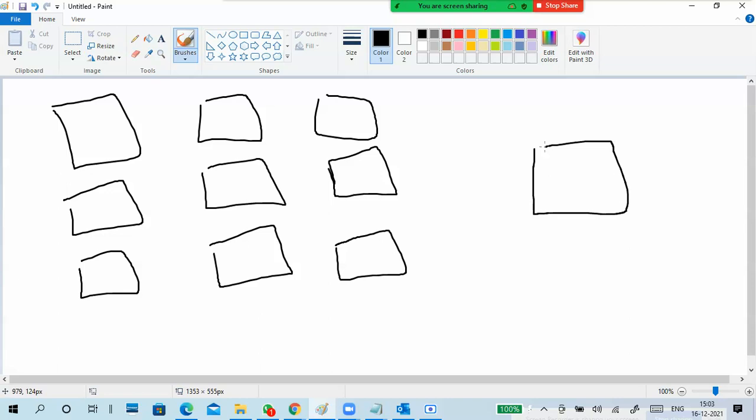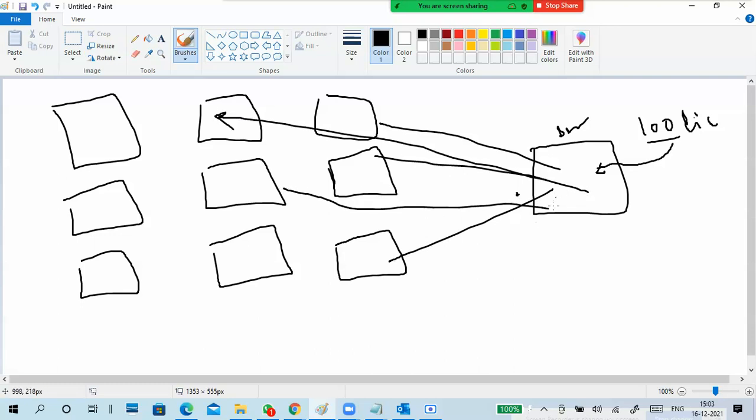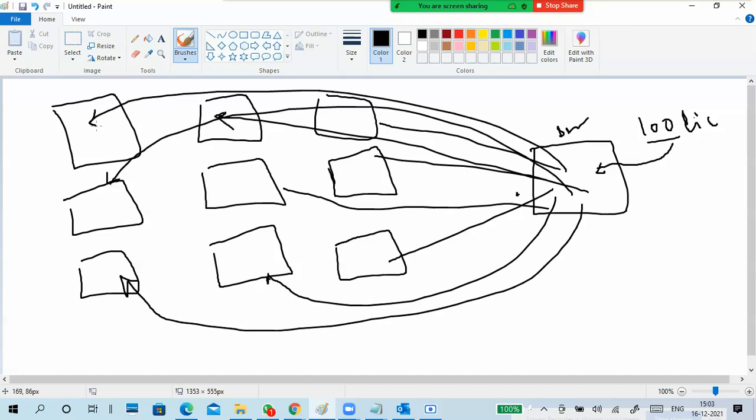So this is my server. I purchase something like a hundred licenses at a time and put all these licenses in my server. This server distributes the license to all my client PCs. I don't go to each and every PC to give the license; my server distributes license keys automatically to all 100 computers. If I have more, I have to purchase more.